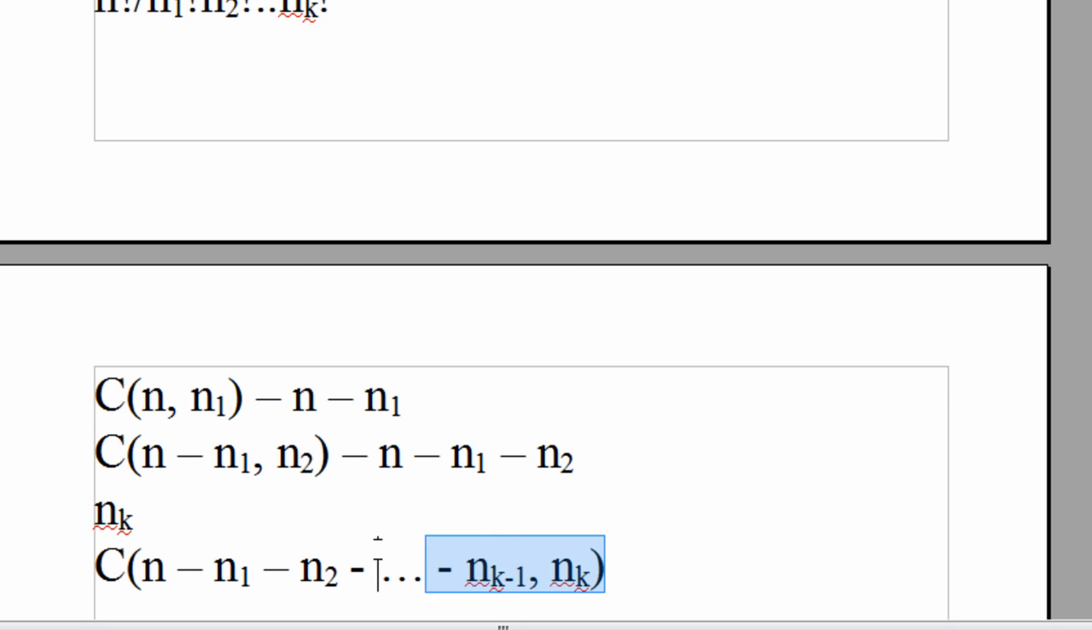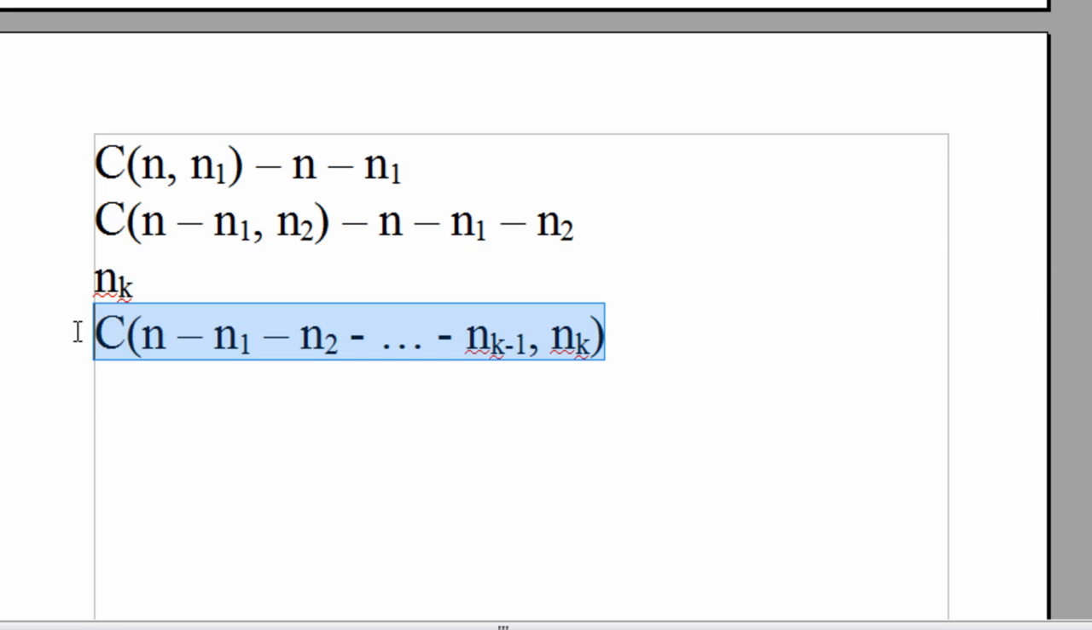So this is the total number of permutations for the last n sub k objects. So then we have all these different possible permutations for all the different objects of type 1 and type 2 all the way up to type k. And by the product rule, the number of different total permutations is